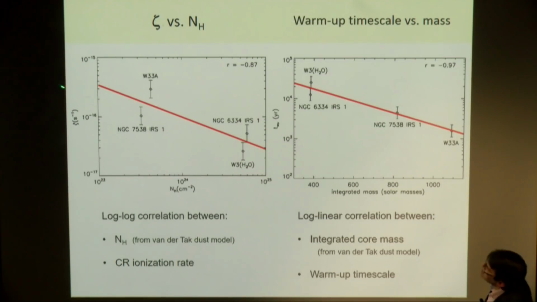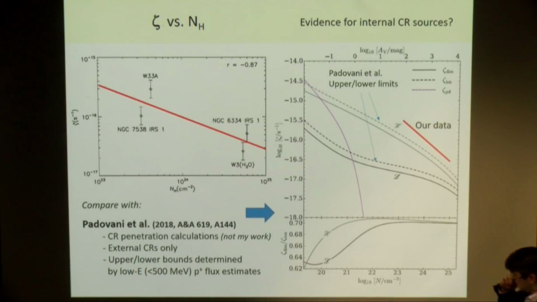I will point out there is work done on this through other methods, okay, and these are some recent simulations that Marco Padovani did, looking precisely at the drop-off in cosmic ray ionization rate with penetration into, in this case, a quiescent cloud. In fact, our data are a little higher than theirs, but considering there is some uncertainty in this fit, I think it's sort of consistent, at least with their upper limit. So their upper limit is this, this is high and this is low. Okay, so we're sort of consistent with their upper limit,